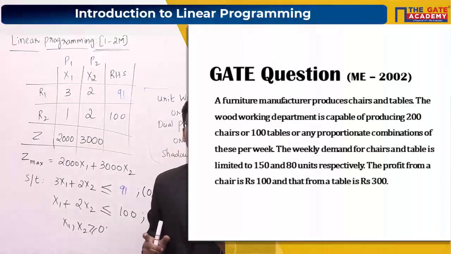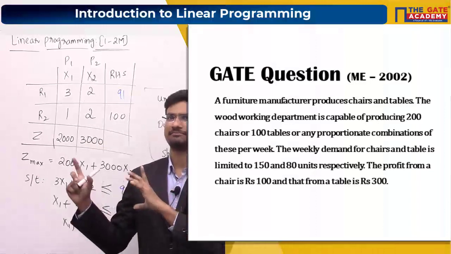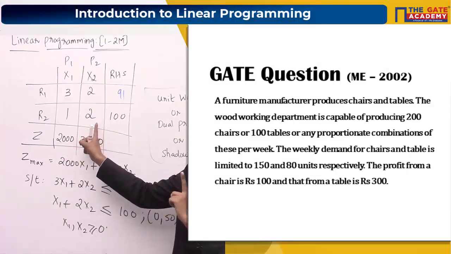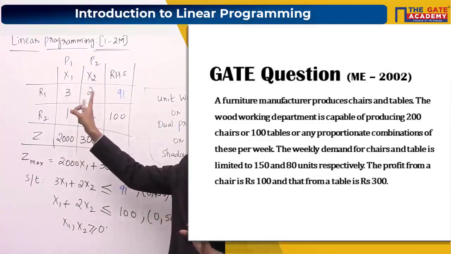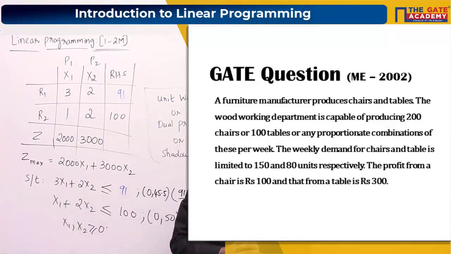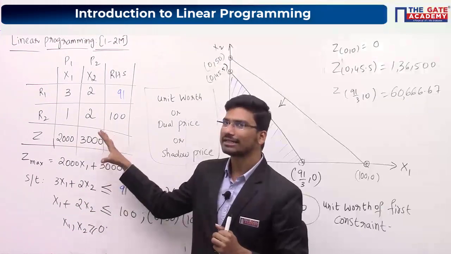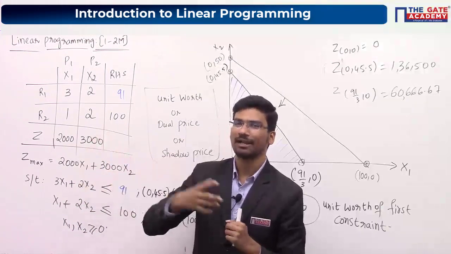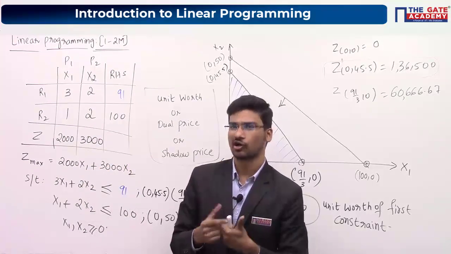So again you can follow the same procedure, like the tabular form which we have followed here. Follow this tabular form, write down the objective function and constraints, and find out the maximum value for Z. Just after writing the objective function and constraints, please reply. I will tell you whether you have written correctly or not.